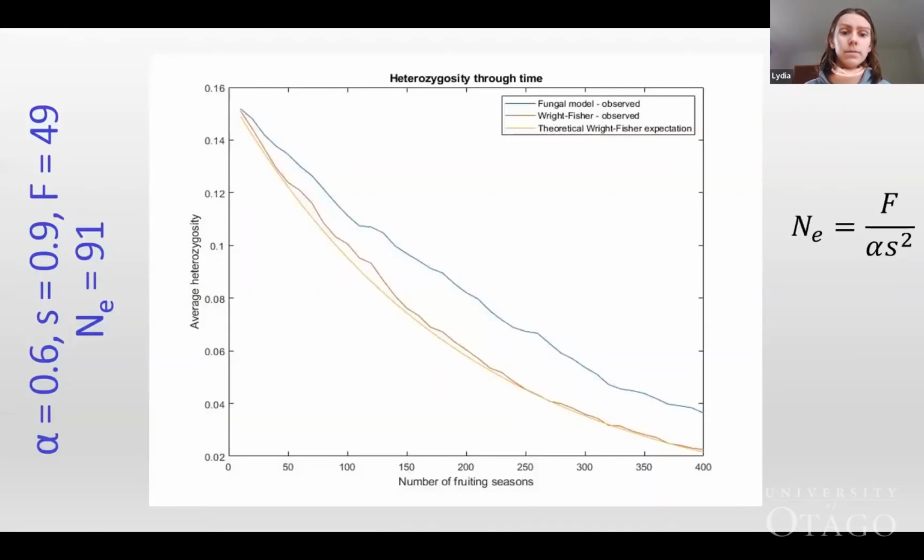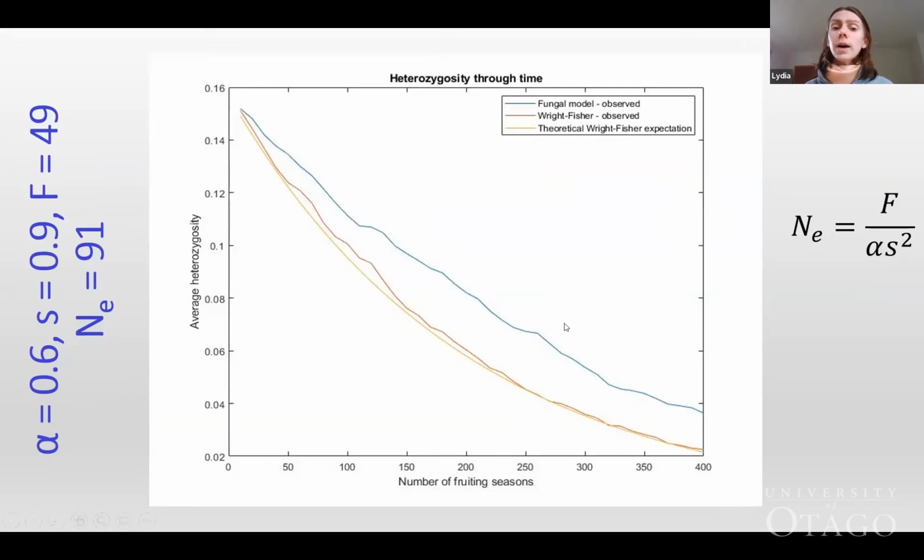Here we go. So then we can again plot the heterozygosity, and because I changed these parameters, we're no longer looking at exactly identical to the Wright-Fisher model. So what we can do is try and calculate some equivalent population size such that the Wright-Fisher model behaves the same way as our fungal model. And over here, I've got an approximation of what I think this number should be, and as we can see, it's looking pretty good, but it's not